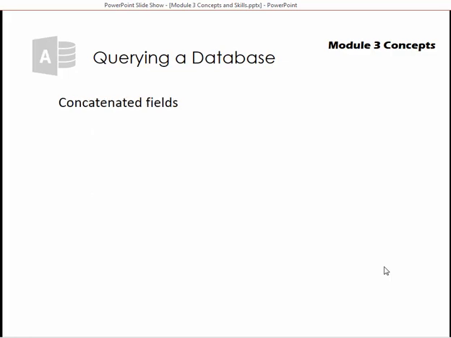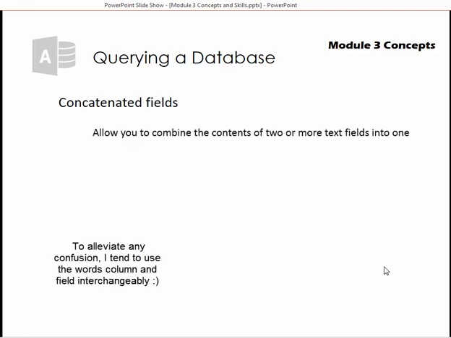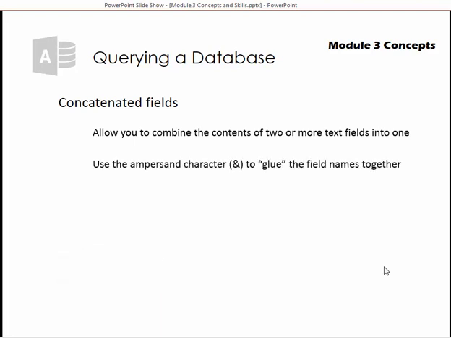So let's jump ahead of Module 3 a bit and talk about 2 additional enhancements that can be added to queries. The first of which is a concatenated column. Concatenated columns allow us to combine the contents of 2 or more text fields into one field. To concatenate columns together, we use the ampersand character to combine, or as I like to say, glue the fields